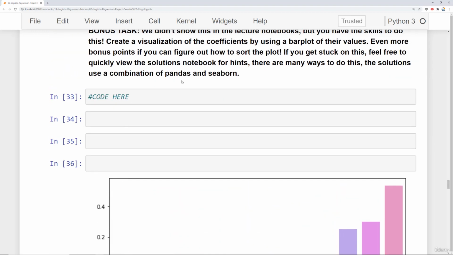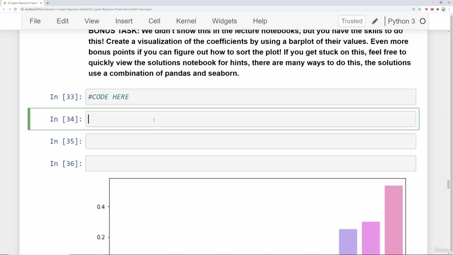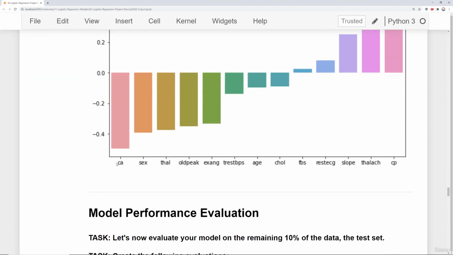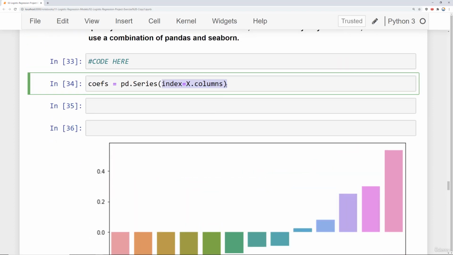Luckily for us, this is actually not so hard to set up, and you could reference the code that we've done before. The way I like to do this is to create a Pandas series of those coefficients where the index is equal to the columns of my features. Notice I'm saying X.columns, not df, because I don't actually care about the target. And saying the index is columns allows me to have these feature names along the x-axis later on. And then we're going to say that the data itself is equal to log_model